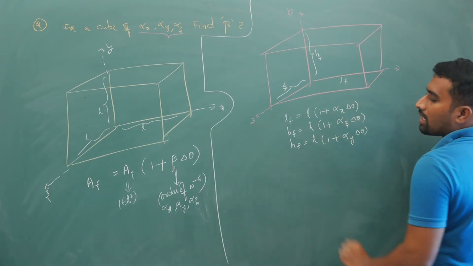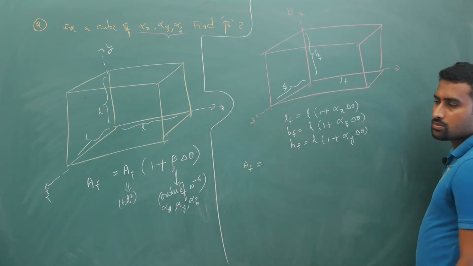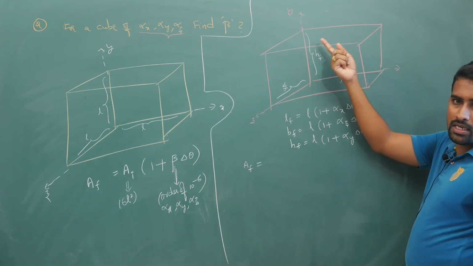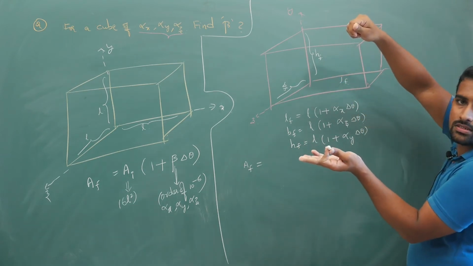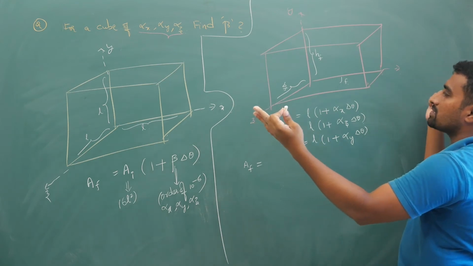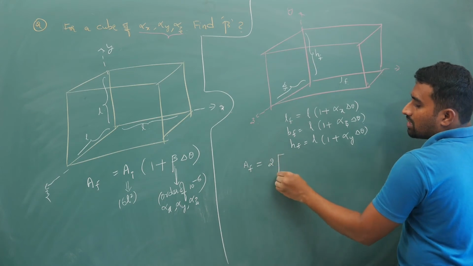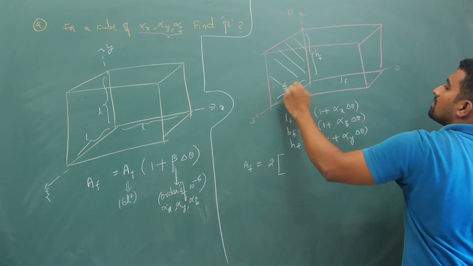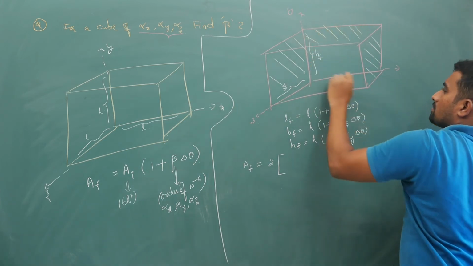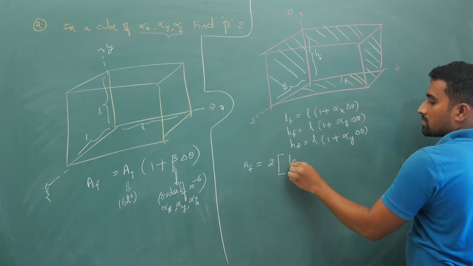Now if you calculate the area, your final area, by how much this expands, the top face also will expand by the same amount. Because these two top sides will have the same dimensions, the front and back sides will have the same dimension, and the left and right faces also will have the same dimension. So it is 2 times, because this area and this area will be equal, this top area and this bottom area will be equal like this. So that will give you 2 times L final.